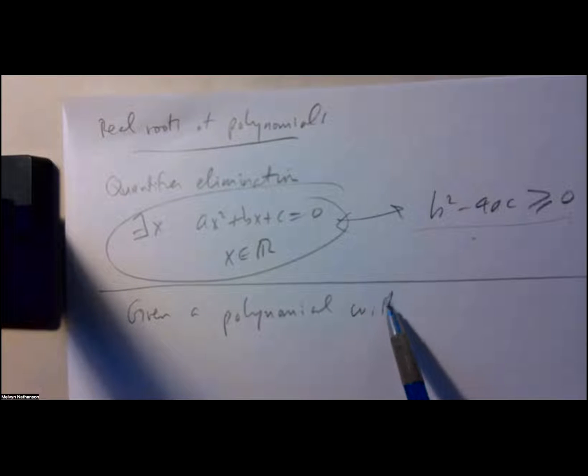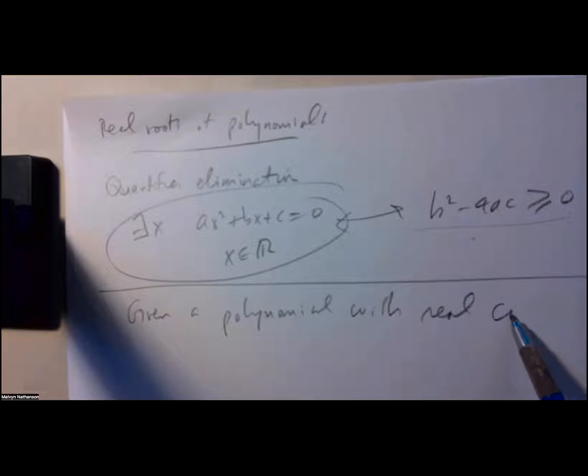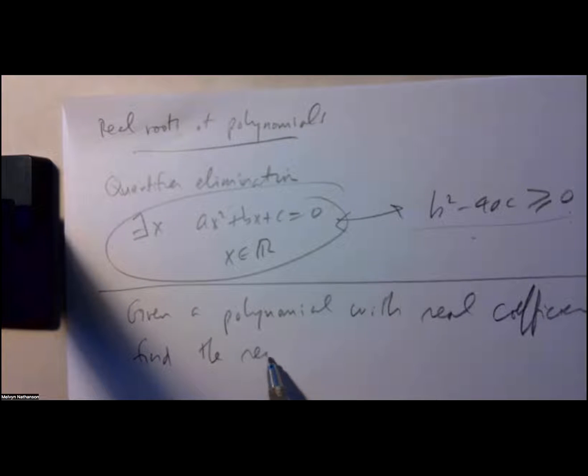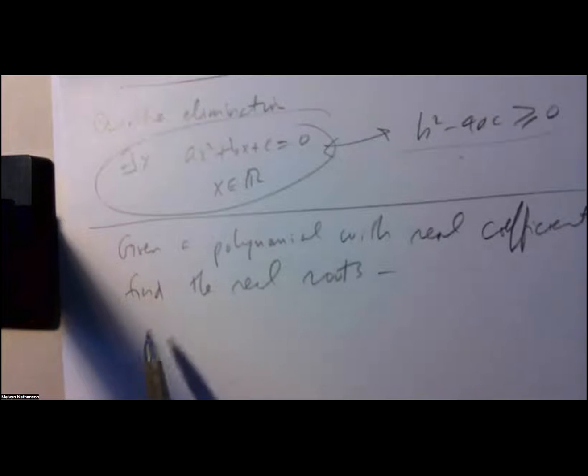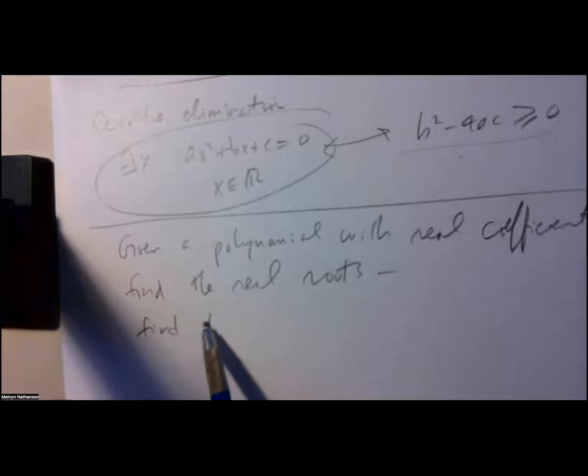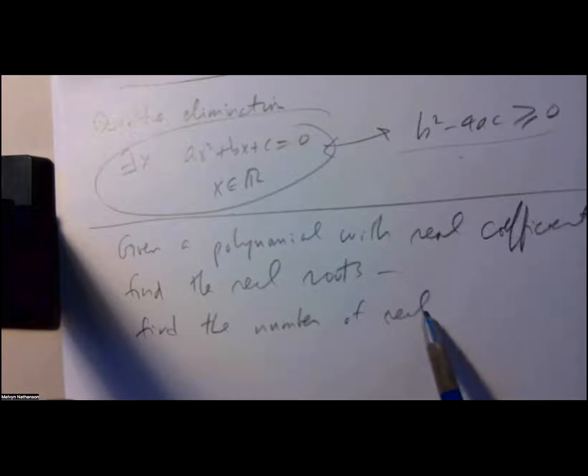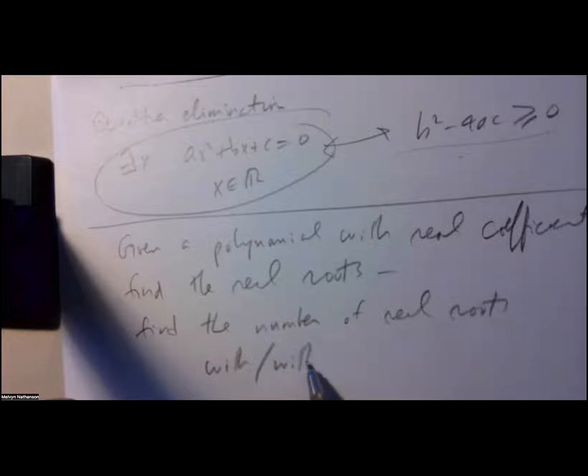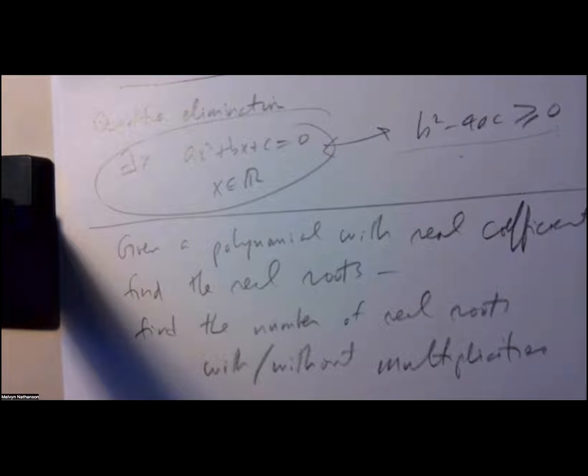polynomial with real coefficients, find the real roots, or if that's too hard, find the number of real roots, with or without multiplicities. So